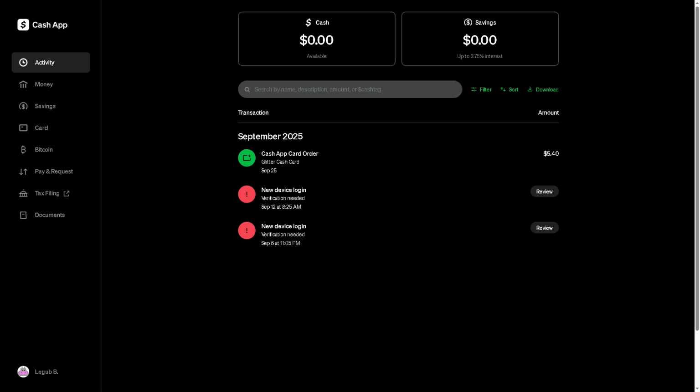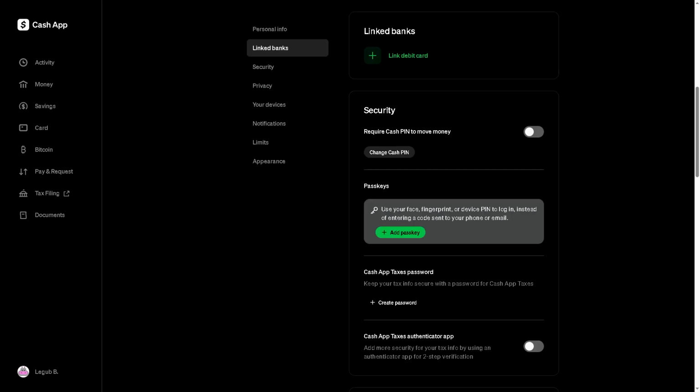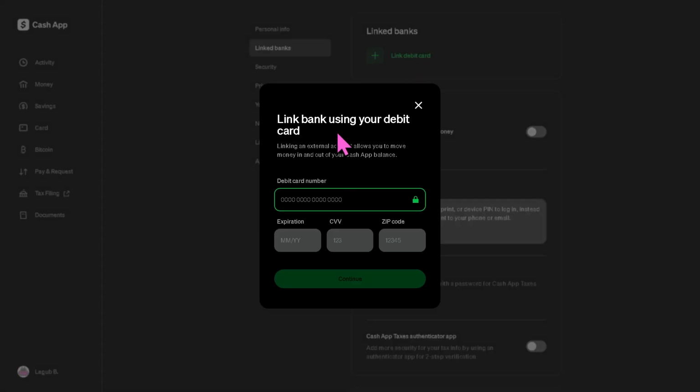Okay, and then after that, you want to make sure that you have fully verified and activated linked debit cards or a bank. Now, all I have to do is make sure all of the information is correct right here. So before making a purchase, you need to check all of these details. All right, and then after making sure that all of the information is correct, like the CVV and expiration,